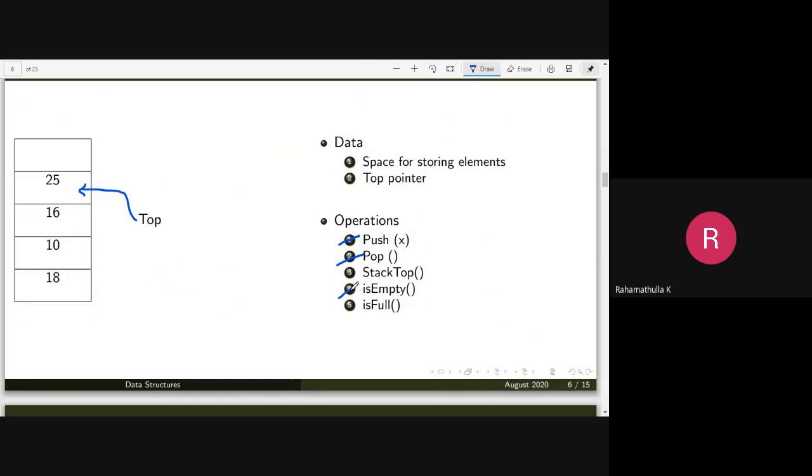Is empty is an operation which will give you a value 0 or 1. If the stack is empty, it will give you a value 1. If the stack is not empty, it will give a value 0. How can you check it? You can check it with the top pointer. If the top pointer is pointing to the value -1, then the stack is empty. That's it. If the top pointer is pointing to -1, it means that there are no elements in the stack. So your stack is